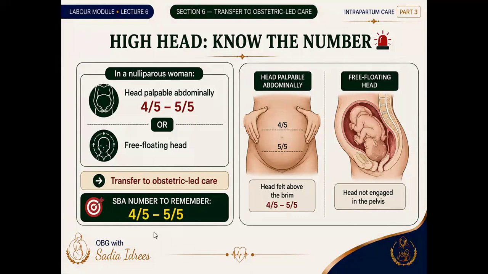Remember these numbers. Let's understand 4/5. Palpable abdominally means how much of the head remains palpable above the pelvic rim. So 5/5 palpable means essentially the whole head can still be felt abdominally. The head